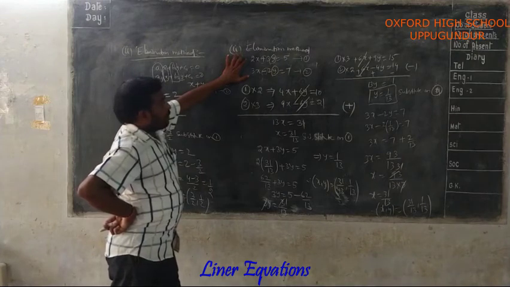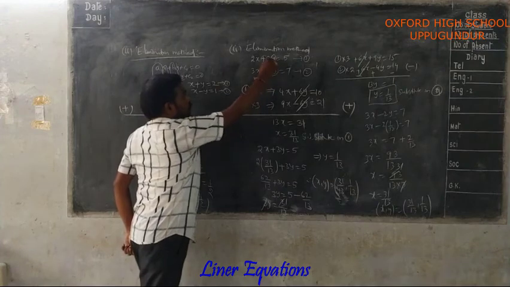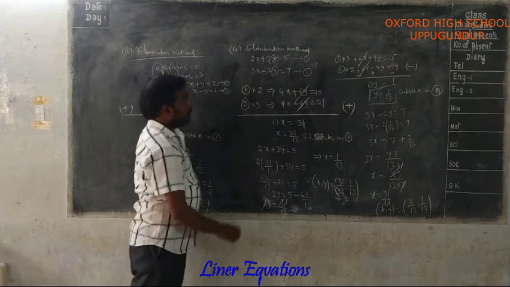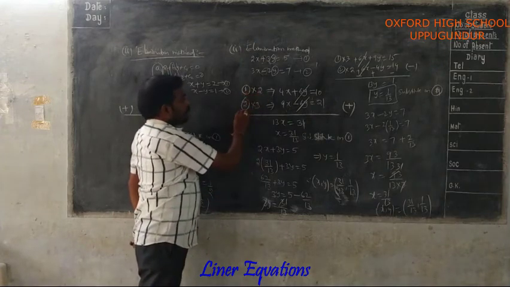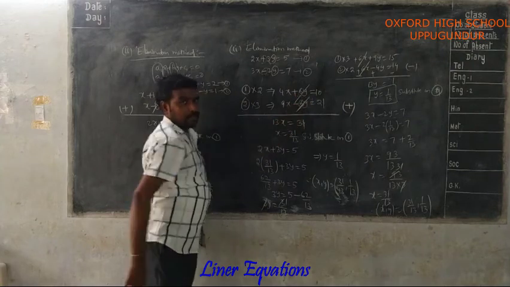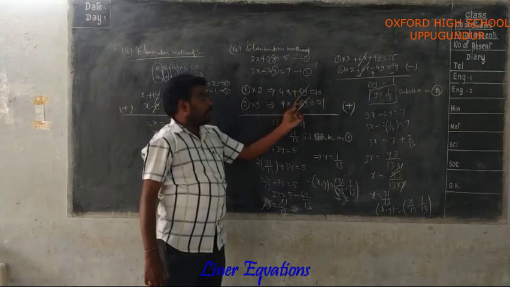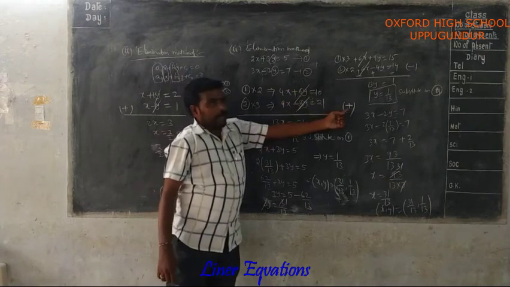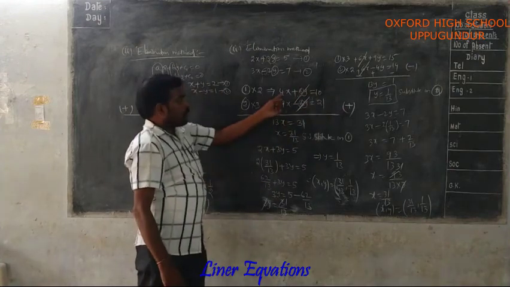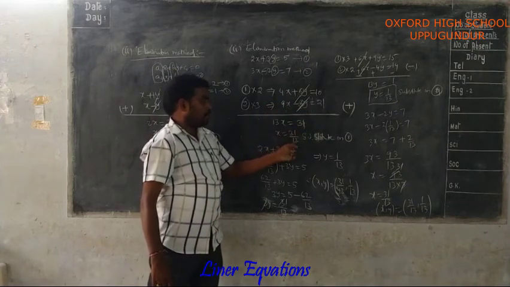Now I am removing here y variable. That's why here y coefficient is 2, here y coefficient is 3. First we have to make y coefficients the same. That's why I am multiplying equation 1 with 2, equation 2 with 3, then y coefficients become the same. Here 6, here also 6. After that, when I observe the signs of these two, this is plus 6y minus 6y. That's why I am simply adding these two equations. Now this y variable term is removed. X variable 4x plus 9x equal to 13x, 31x equal to 31.